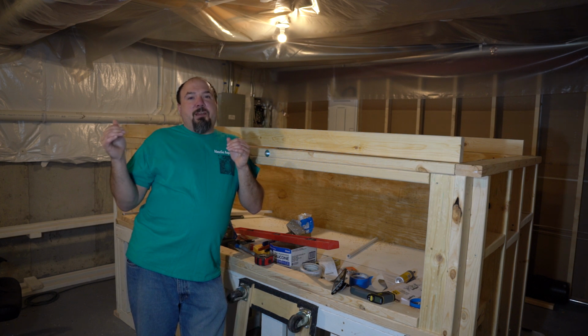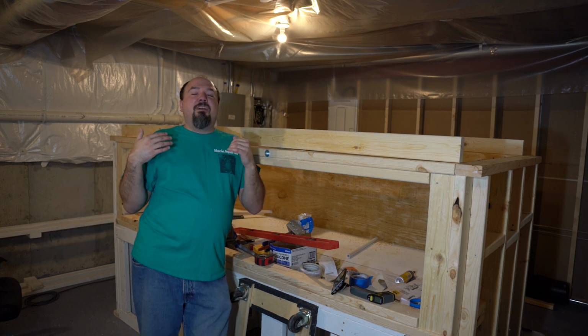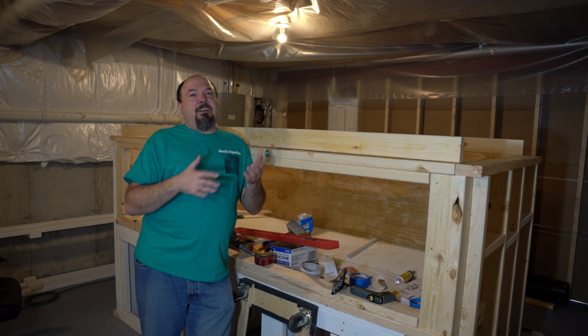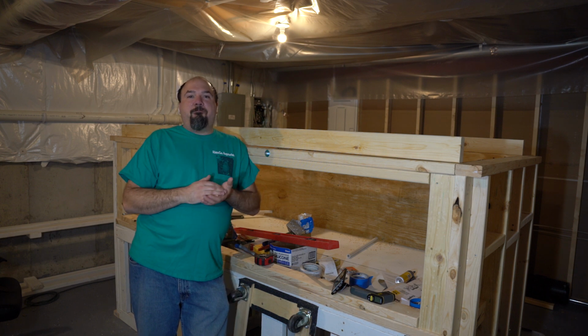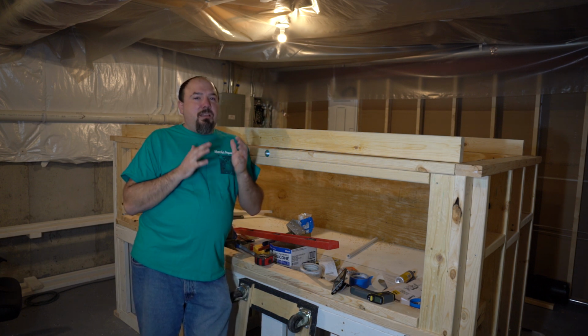So I moved everything to one side of the room. I cleaned the floor, vacuumed the floor, scrubbed the floor, and then I laid down epoxy paint. A few days later, I repeated the process, moving everything to the other side, and got the other side of the floor painted. I then started thinking more and more about how I wanted to lay this fish room out,